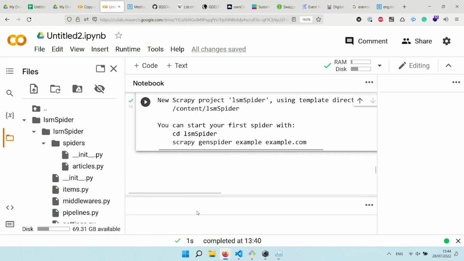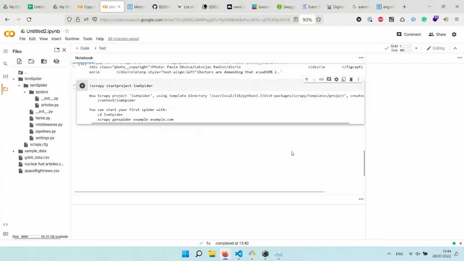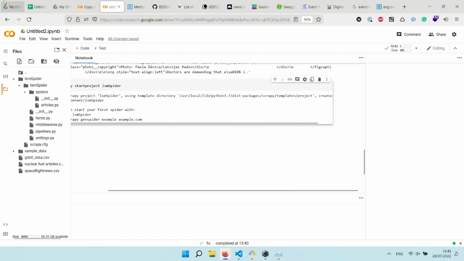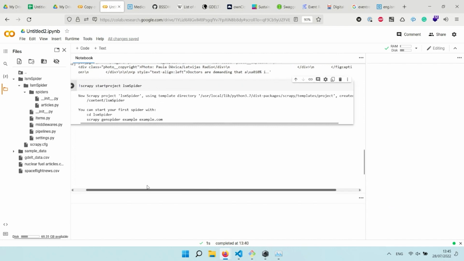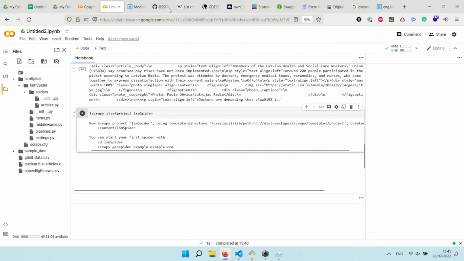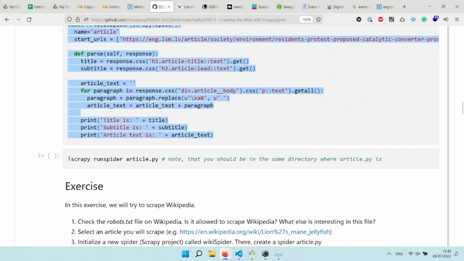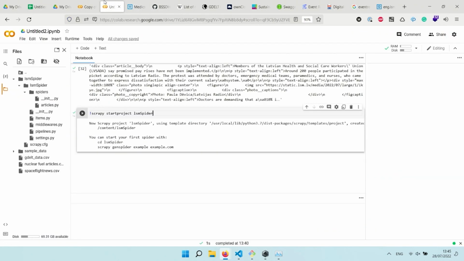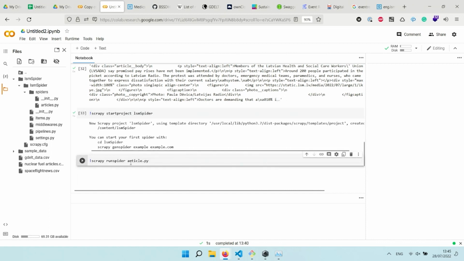Oh, why does it work like that? One second. And how do I run it? I execute scrapy runspider articles.py. And yeah, you actually should be in this folder where you're running that. So as I'm right now in this content folder, well, basically probably it would be,